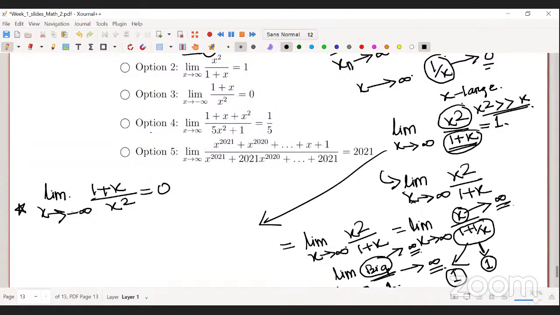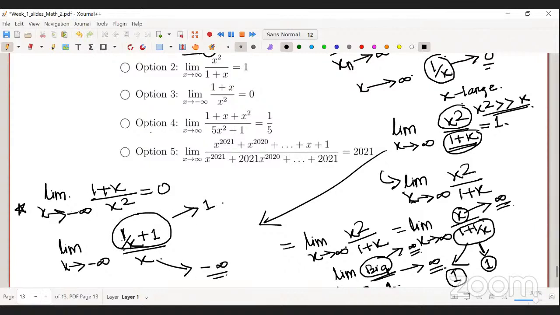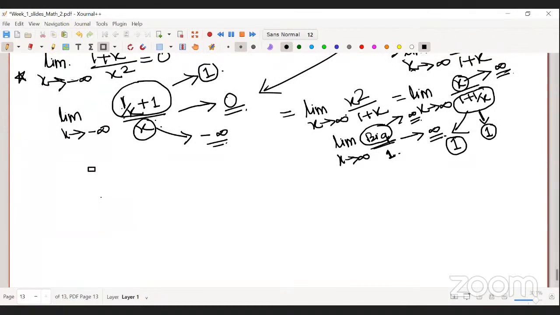So yeah, in some sense, this basically converges to 1, and this diverges to minus infinity. So this is a fixed number, and this is something huge. So certainly this will converge to 0, because in some sense this particular sequence,